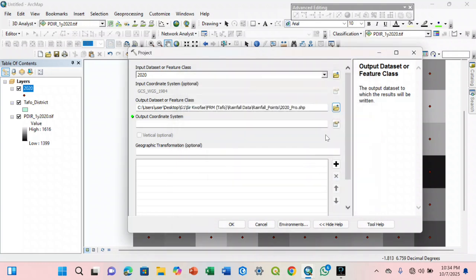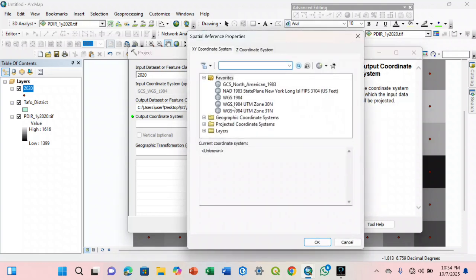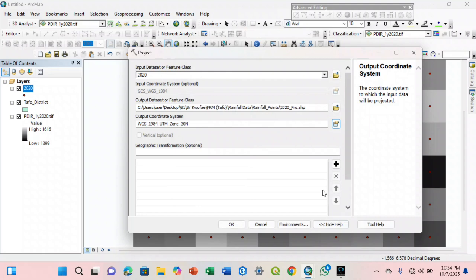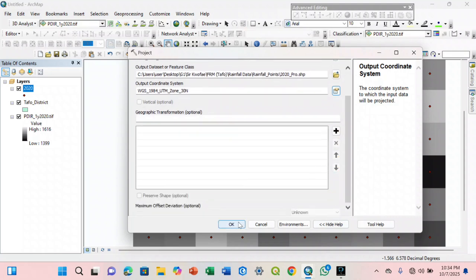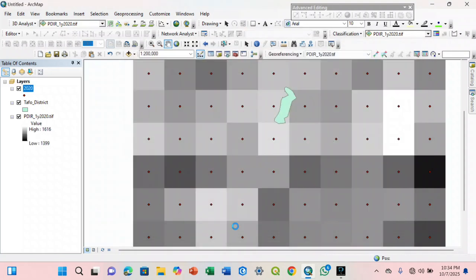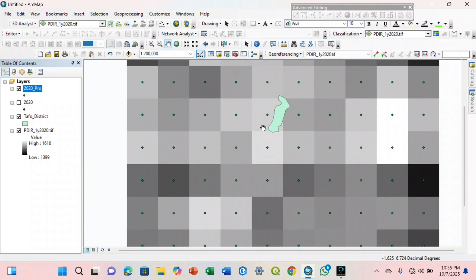Then we save it. Then over here we select the projected coordinate system. Then we click OK. It is done. So now we don't need this one, so we will uncheck that one. Have you seen that? When you are done, the next step is that we are going to create the annual